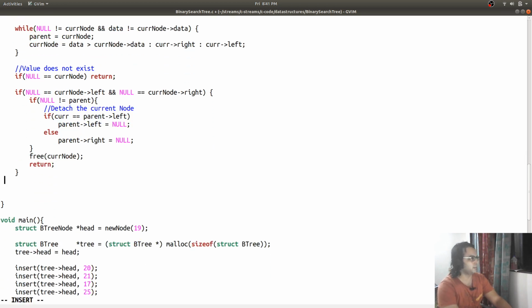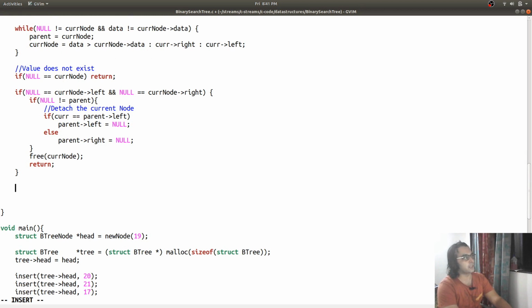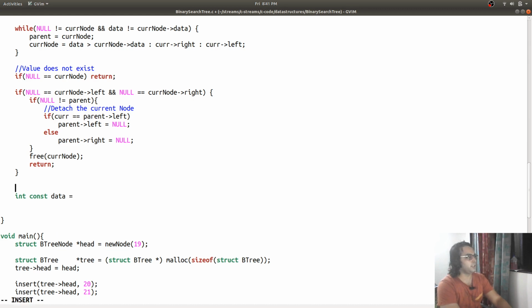And next case, in other cases, for example, if we are deleting a node, then we need to find a binary tree node, a replacement node, a node that is going to provide the value from where we are going to copy the value, and I will say min value in left tree, no, maximum value in the left tree, max value in the left tree, and node is going to be current node.